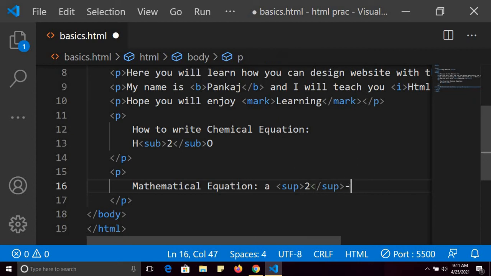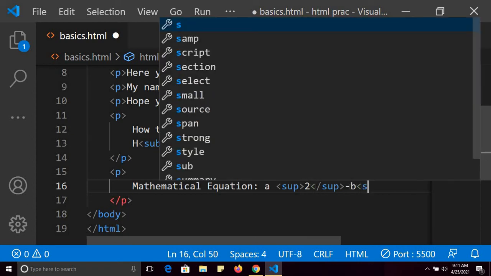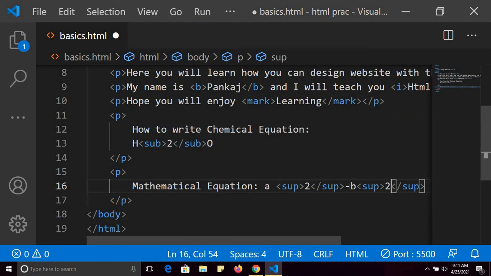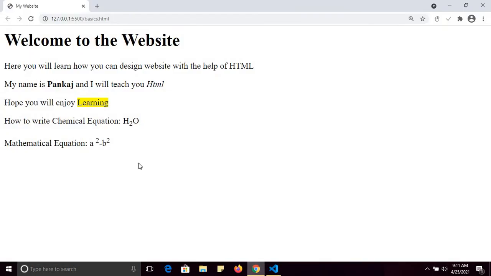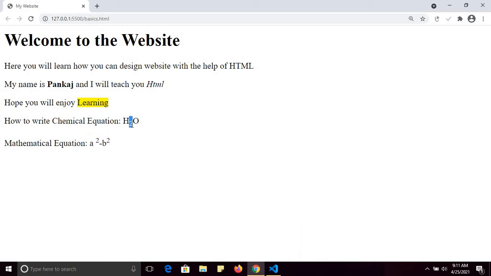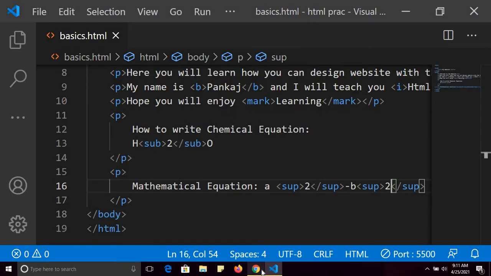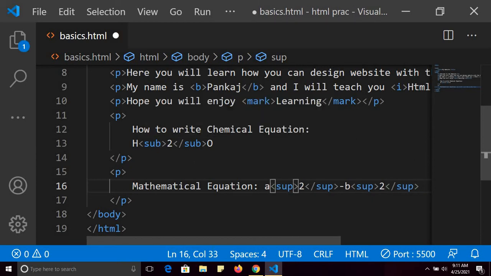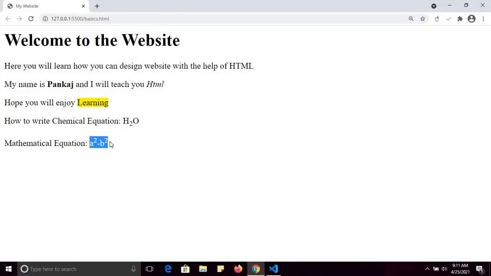For example, I want to write a square minus b square, and then again you have to write 2. Let me save and see the output, a square minus b square. So it is the subscript, it is the superscript, and if you want to write subscript you have to use sub, and if you want to write superscript you have to use sup. So a square minus b square.